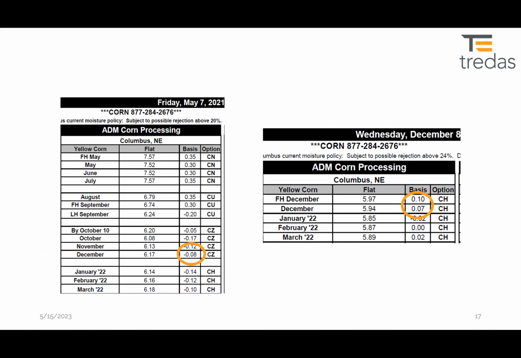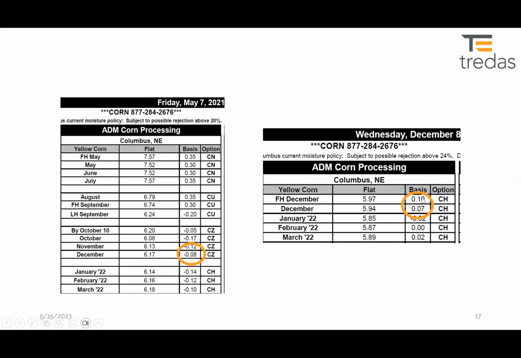Here would be ADM Columbus's bid sheet from 2021. Here's the bid sheet from Friday, May 7th. It shows if we know we want to move corn in, say, the November, December time frame, we're going to put it in the bin in October. We're going to pull it out, get the bin tops out, November, December. As of May 7th, they are showing us a 12 under the December bid for November and an 8 under for December. Fast forward to December 8th, the CH, that's the March futures versus December, they've already rolled to the